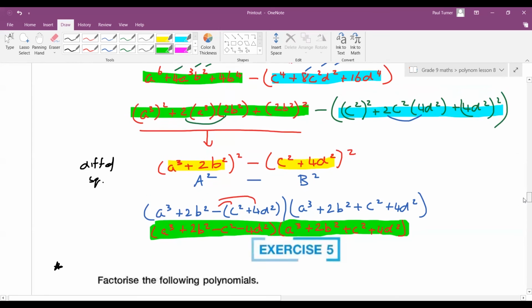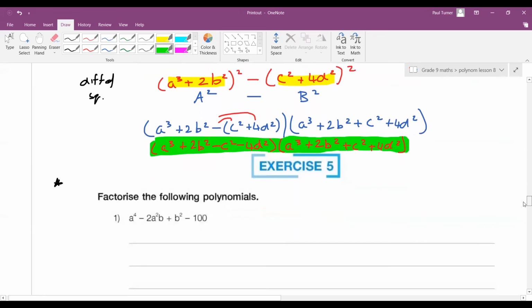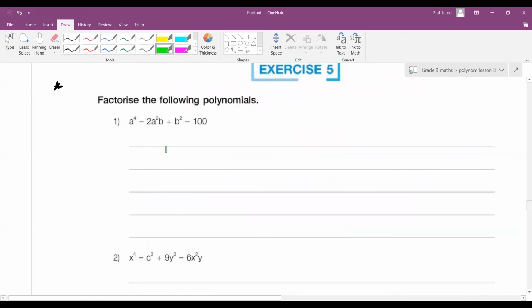Okay, if you haven't got it, you can watch the video again. There's only 7 minutes left, so why don't you try this one here? Notice you've got this and you've got this. So I'll start you off a little bit and then you can try a couple and we'll do more next week. We'll finish them off next week. And then we've got, okay, so A4